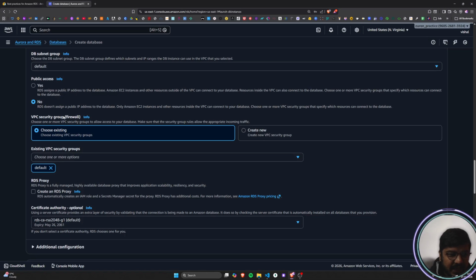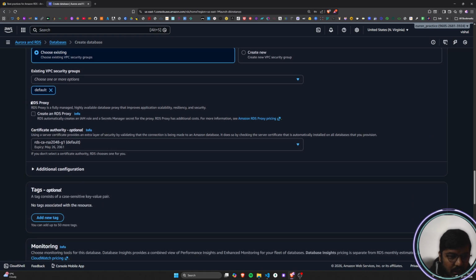Now if I want any kind of firewall setting or security settings, if I want to create my own VPC security group, I can do it. Or if I want to choose an existing security group, I can do that also. Now do I have to create any kind of RDS proxy? So RDS proxy means, proxy is something, right, let me open my